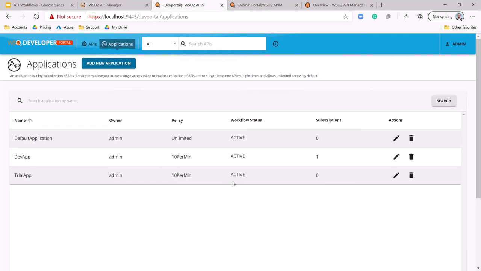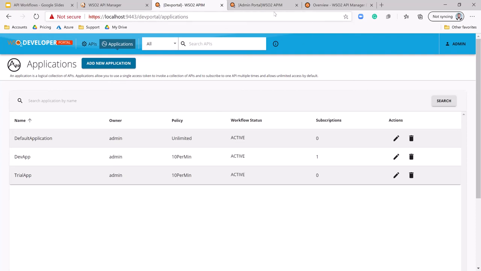Right. So this is how you can enable workflows using WSO2 API Manager. With this, you can provide governance, you can provide control over a set of business processes, a set of use cases within the WSO2 API Manager product.